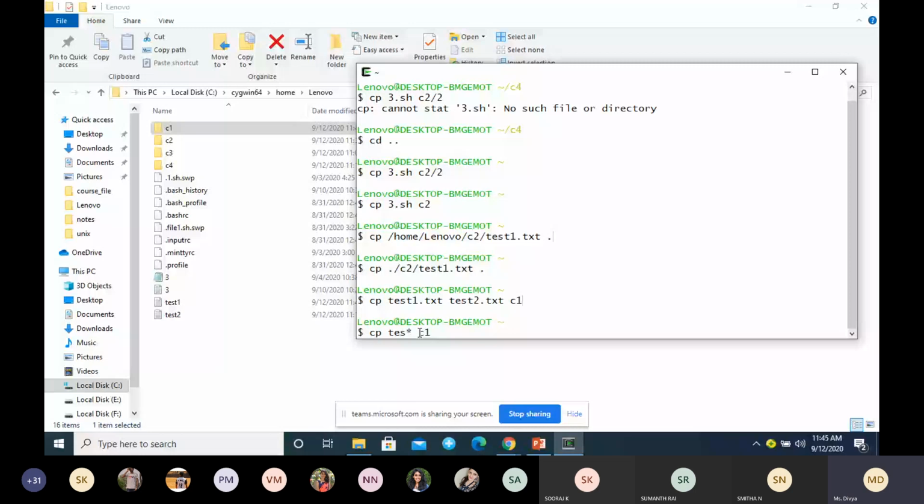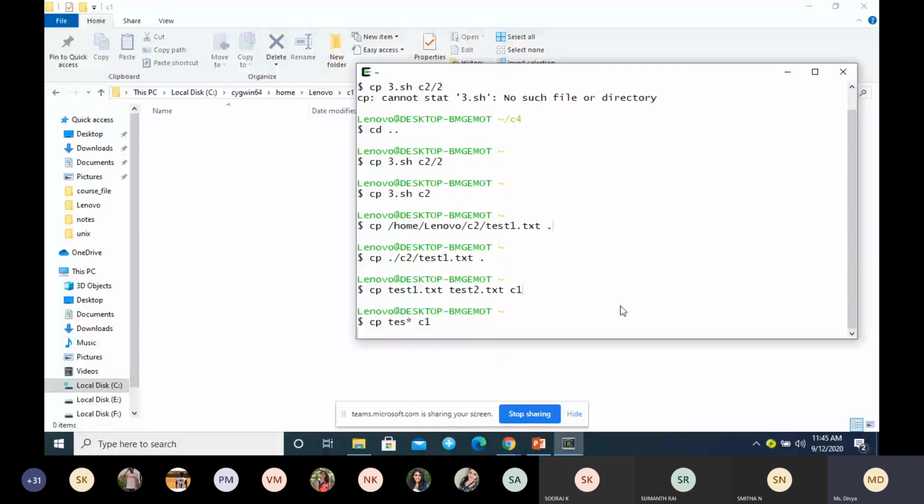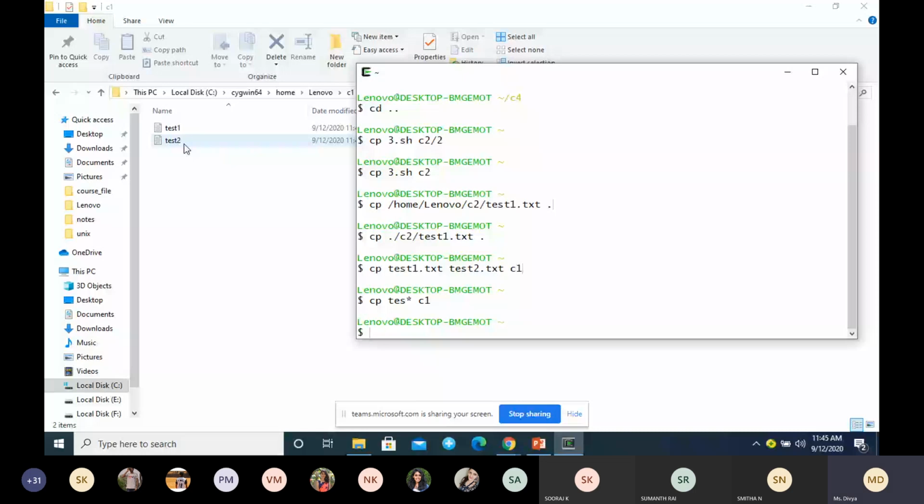Any file which starts with these three characters, and after that it can have zero or more characters, will be copied to C1 folder. Right now it is empty. I will execute this. You can see those two files which start with TES are copied to C1 folder. So that is about copy.